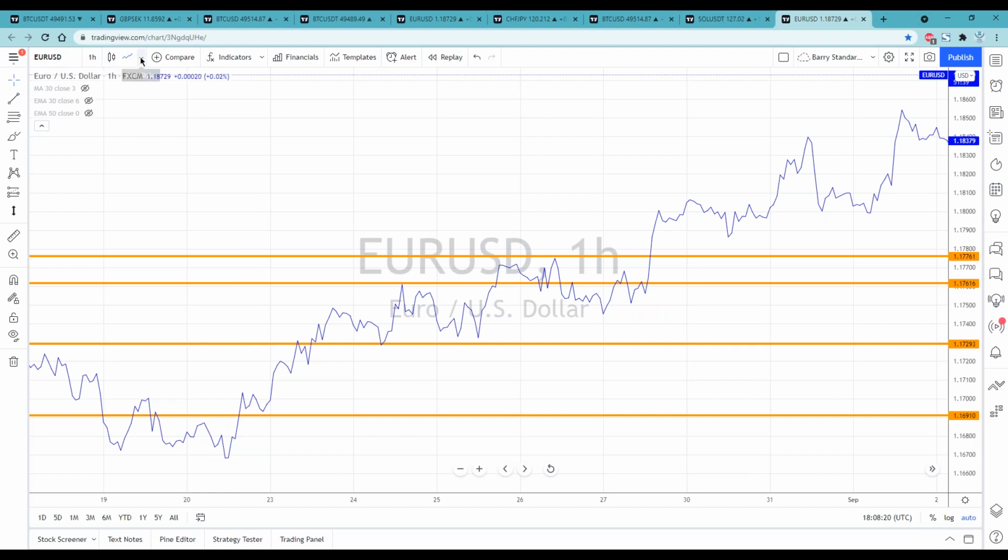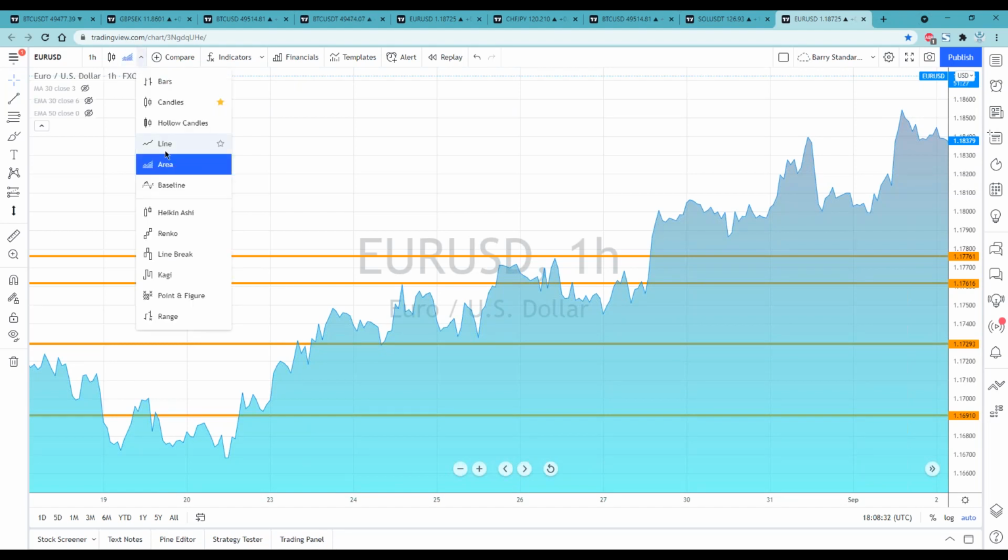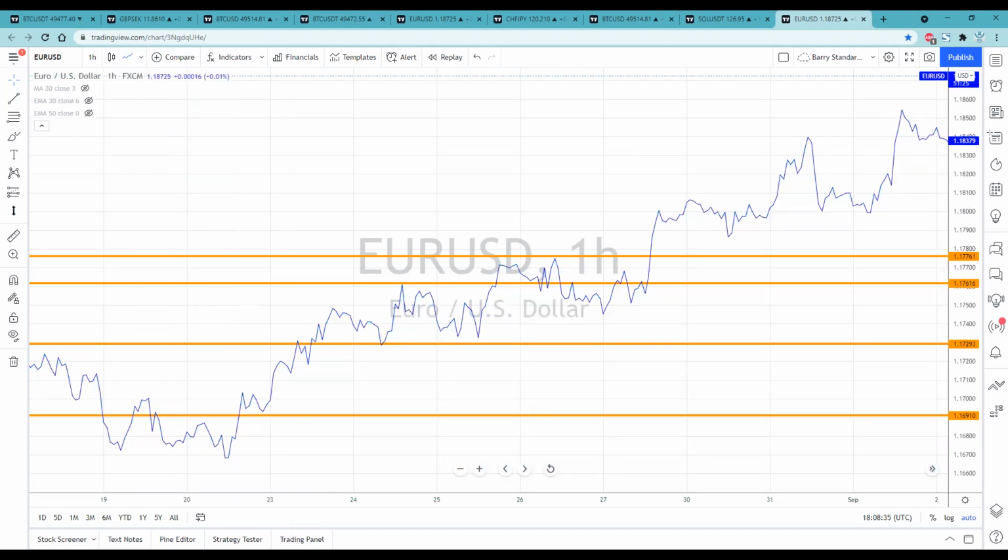Even in a simple little line chart, we have an area chart, which is simply a line chart with one of the sides colored in. But we're looking at the Euro US dollar 1 hour chart. What that means is we're going to put a dot on the chart at every 1 hour